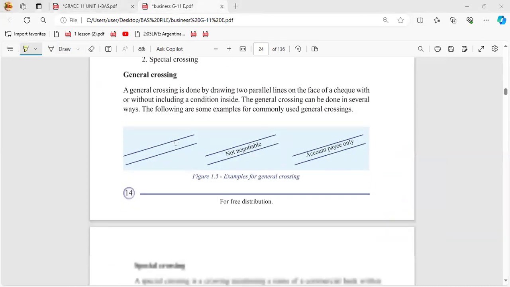There is something called general crossing. What is general crossing? General crossing means that between the two parallel lines, the name of the bank is not mentioned, right? Now you know the answer for the special crossing. If in the general crossing the name of the bank is not there, in the special crossing,